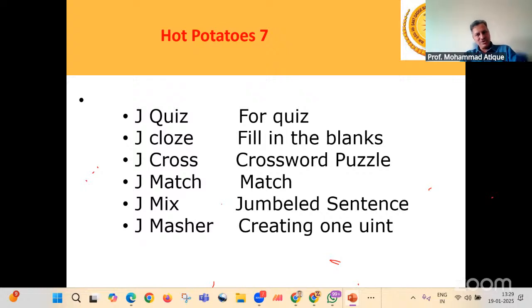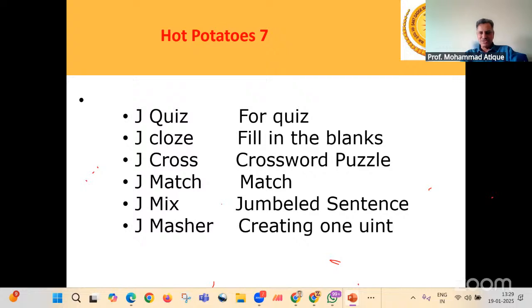JCloze is for fill in the blanks. JCross is for the crossword puzzle. JMatch is for match the following sort of exercise. And JMix can be used for jumbled sentence exercises, where you can give students statements and ask them to assemble them in the appropriate order.